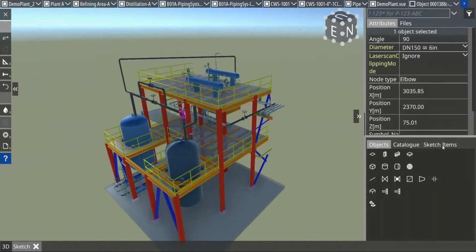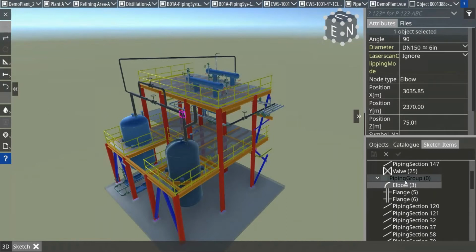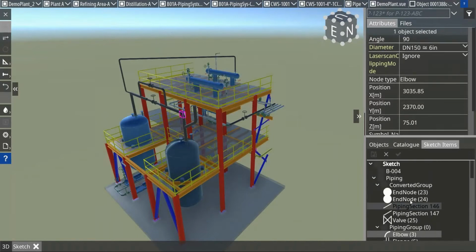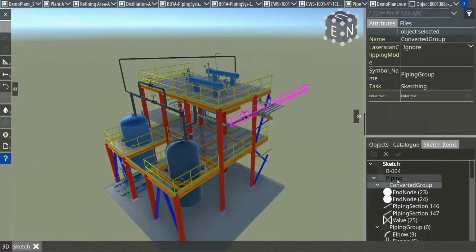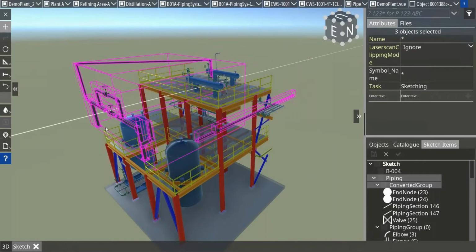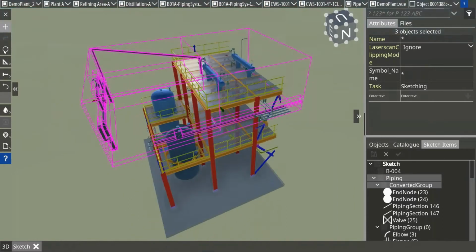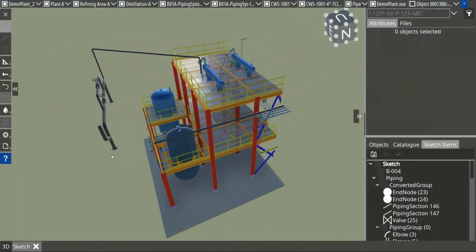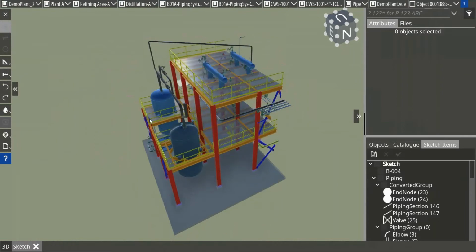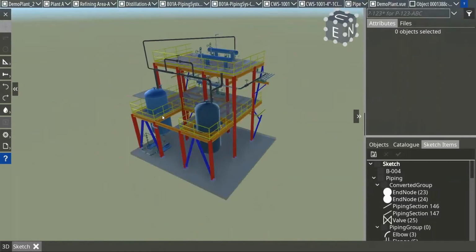So finally, let's assume we have done our complete pipe modeling. What I can do now is, you see, when I go to my sketch item panel, I click in here, and finally I could move the complete pipe sketch where I want. I could also rotate it and bring it to a location or something like that. Okay, I undo this back again, and